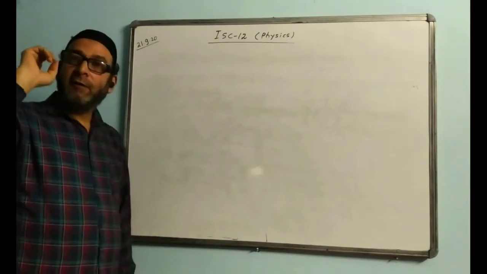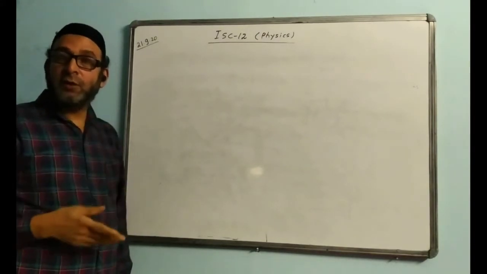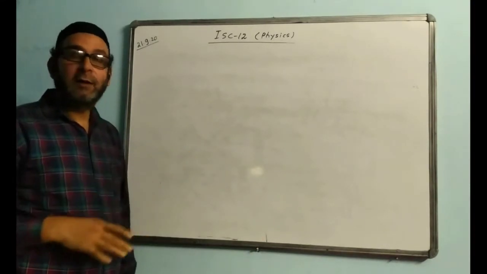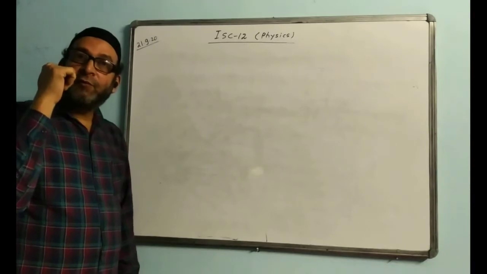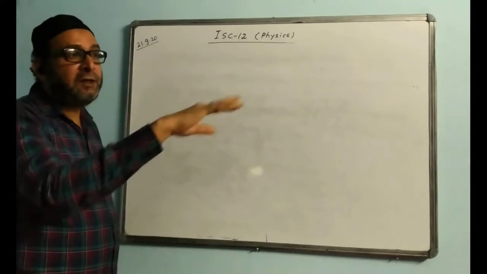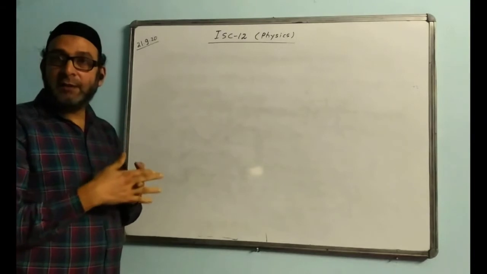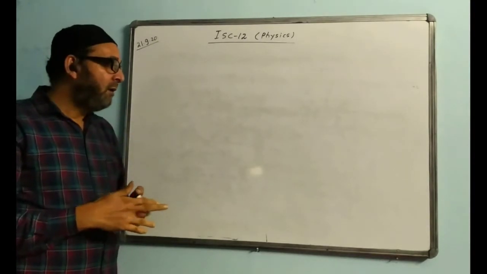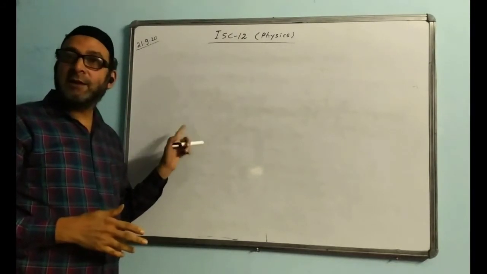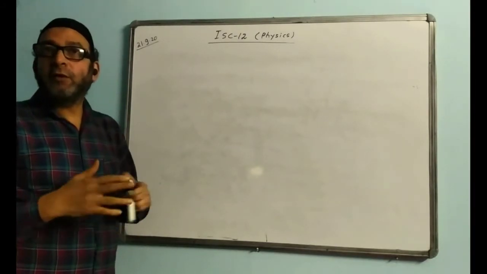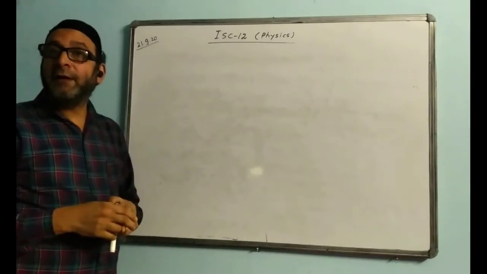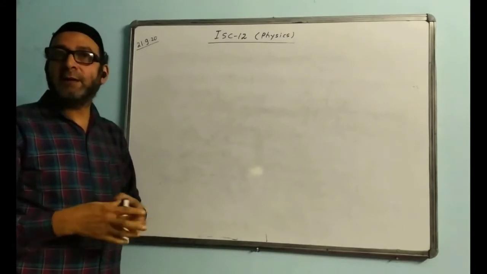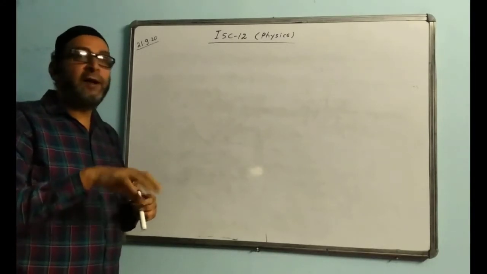Electric field was a kind of force, that was a vector. Electric potential is a kind of work, so it is a scalar. Electric field has direction. We see whether attraction or repulsion is taking place, and we break into components and apply the law of vectors. But in this case, since it is a scalar, we will not follow the law of addition of vectors or break into components. Simple addition we take. To find the total potential, we simply add. As simple as that.